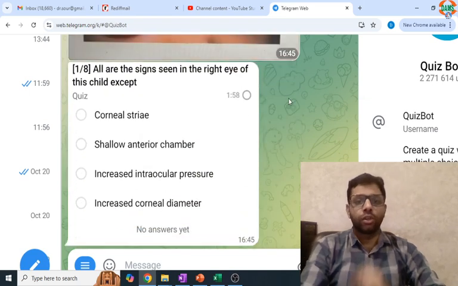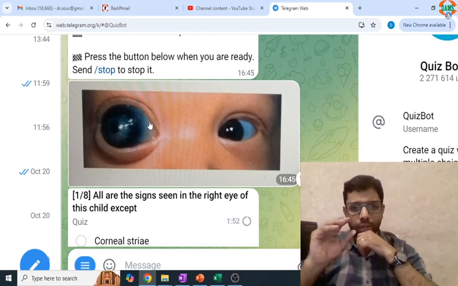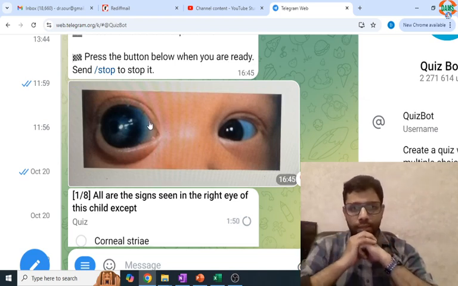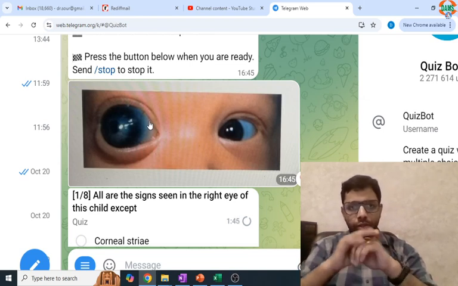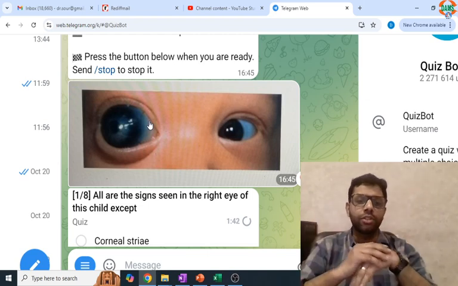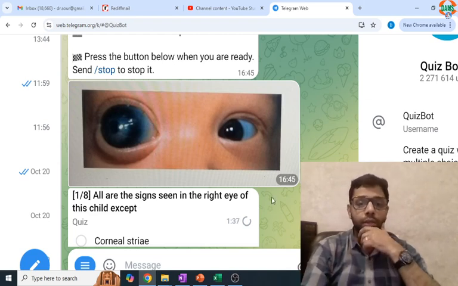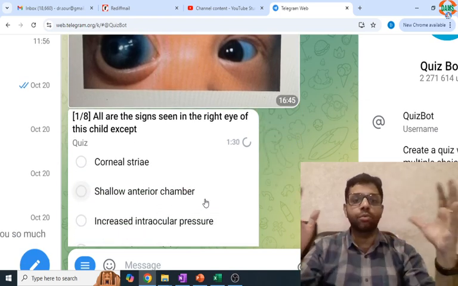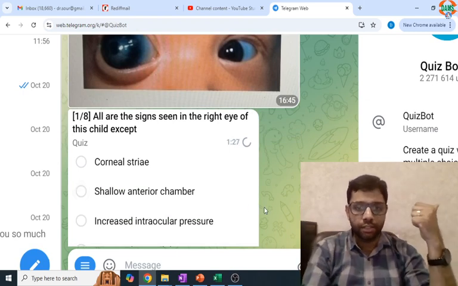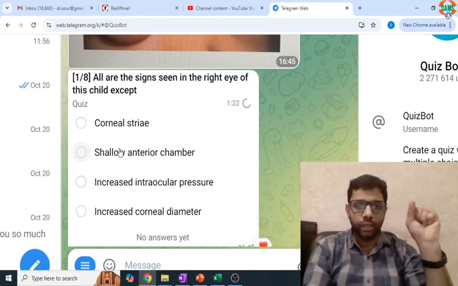All of the following signs are seen in the right eye of this child. In the right eye, the eyeball size is more, seen in a child with increased intraocular pressure. Cornea and sclera are stretching, leading to a condition known as buphthalmos, seen in primary congenital glaucoma, in which there is a horizontal stria known as Haab's stria in the cornea. There is a deep anterior chamber because the eyeball size is more, and axial myopia is there. There is increased intraocular pressure and increased corneal diameter, but not a shallow, it is a deep